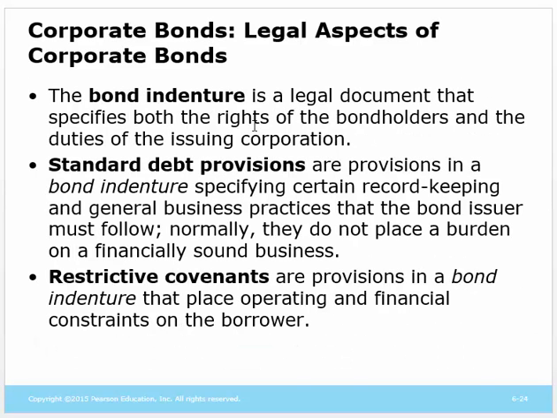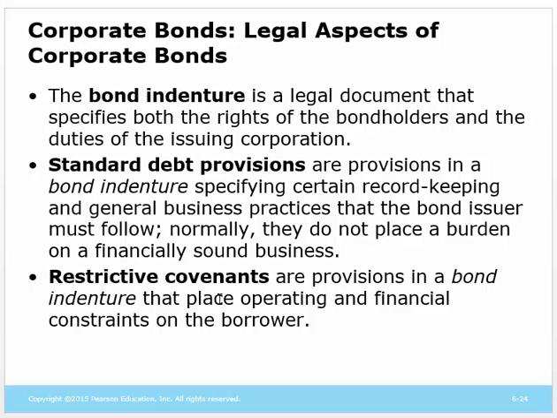So the bond indenture is the contract. It sets out the rules and guidelines that have to be followed with respect to the debt. Now there are certain kinds of rules. We talk about things having standard debt provisions or covenants, right? The standard debt provisions are in every loan. Every loan has these rules in it. You have to pay back the interest. You have to pay the principal. You have to maintain financial soundness. All of those things are things that everybody has to do when they borrow money.